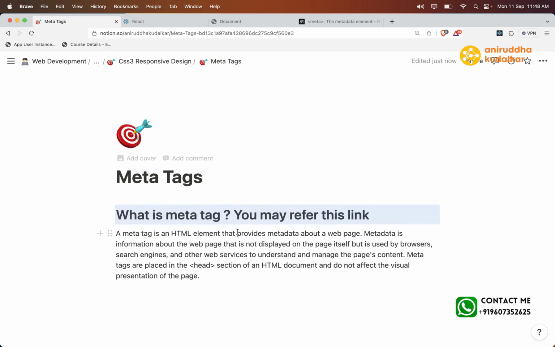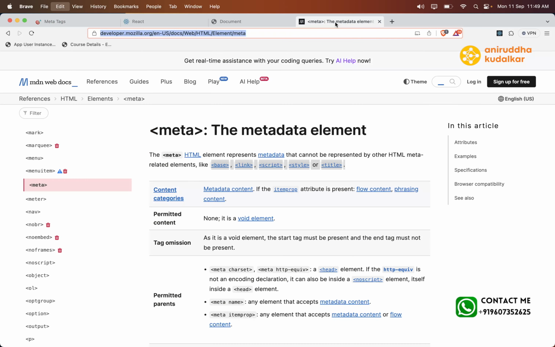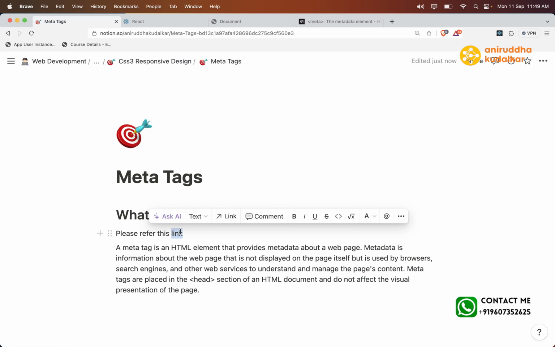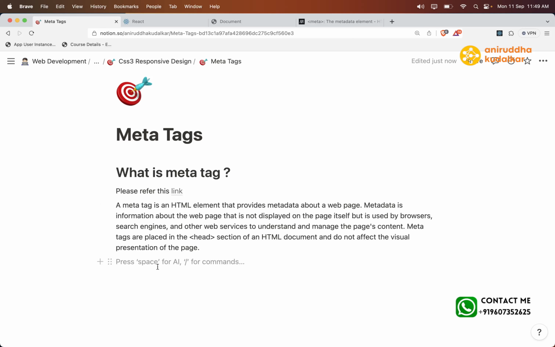Turn it into H1. What is meta tag? Please refer to this link. Now here are some commonly used meta tags, not related to responsiveness, but commonly used meta